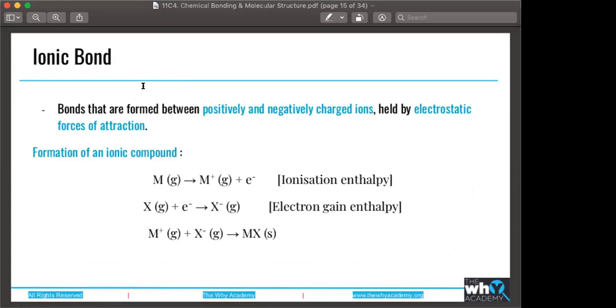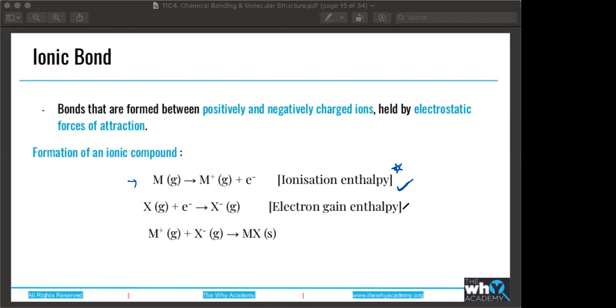So talking about ionic bond, this is pretty simple. Ionic bonds we have discussed last class also. Put simply, an ionic bond is a bond between two ions. And how are ions formed? When they gain or lose an electron. So for formation of a cation, the energy change associated is ionization enthalpy. This particular value is going to decide how easy or difficult it is for this ion to be formed.